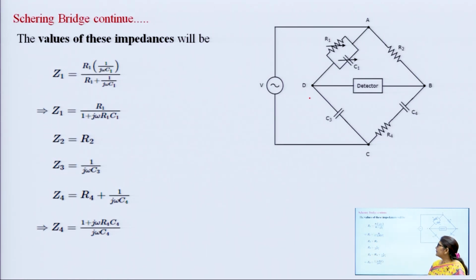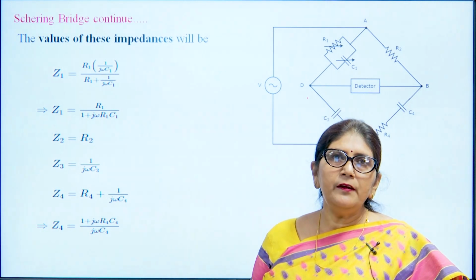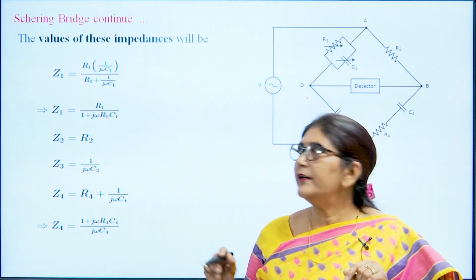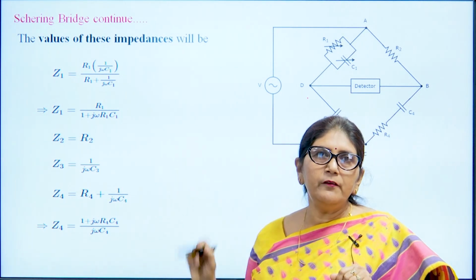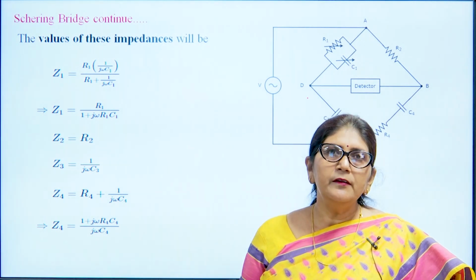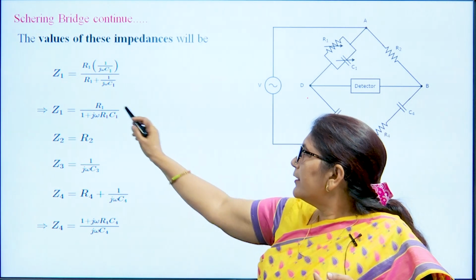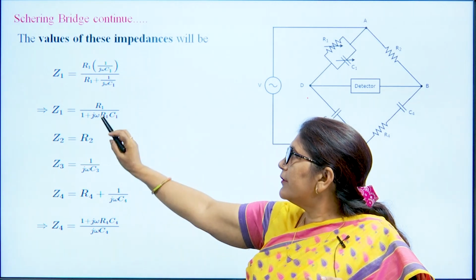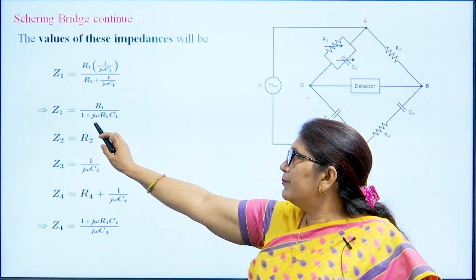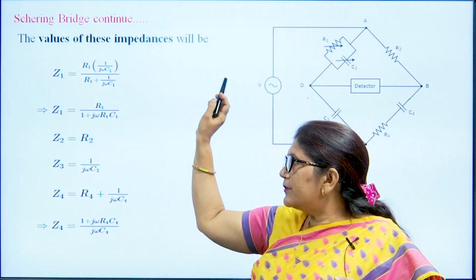So, now by substituting this value, Z1 is the parallel combination of R1 and C1. As we have seen in the previous sections, Z1 will be R1 into 1 by j omega C1 divided by R1 plus 1 by j omega C1. So, Z1 we can write in this way. By solving this equation we will get Z1 is equal to R1 by 1 plus j omega R1 C1, and